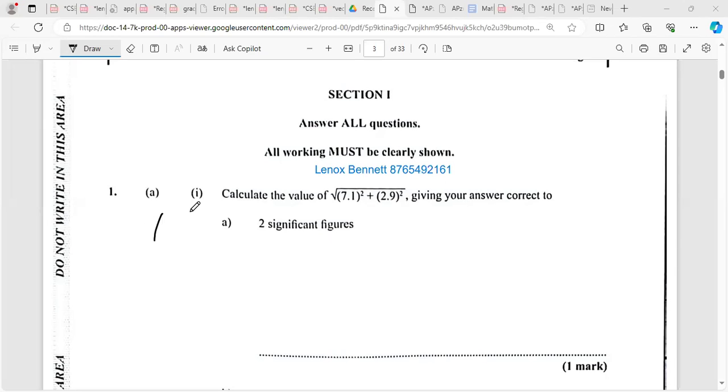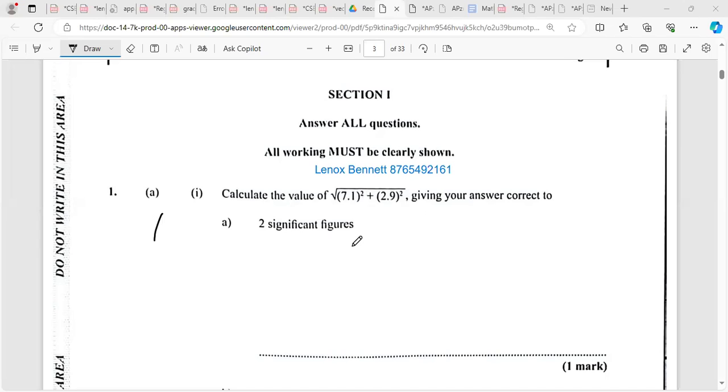Question 1a. It says calculate the value of the square root of 7.1 squared plus 2.9 squared. So the first thing we want to do, guys, is to get rid of that square. So it's 7.1 times 7.1. Let's go. So 7.1 squared is equal to